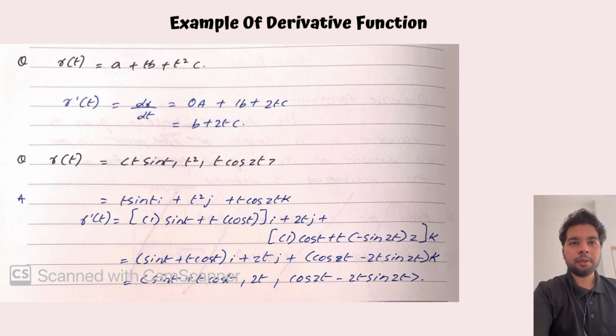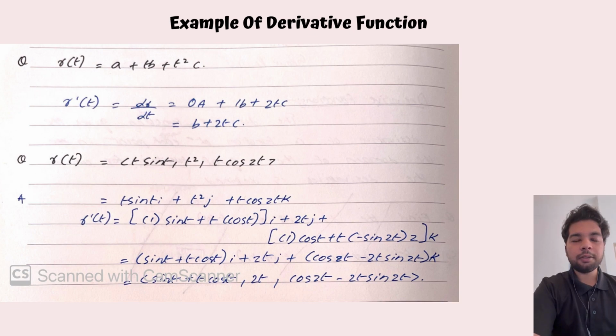For the last example, we have the question r(t) equal to t sin t, t^2, t cos 2t. Now we can use ijk or abc, but ijk is more efficient, more common. So let's just use t sin t i plus t^2 j, with t^2 is j, t sin t with i, and with the last one t cos 2t is k. Now let's solve. r prime t equal to